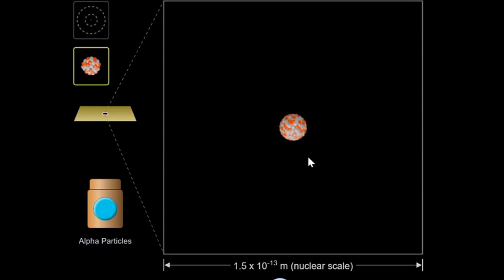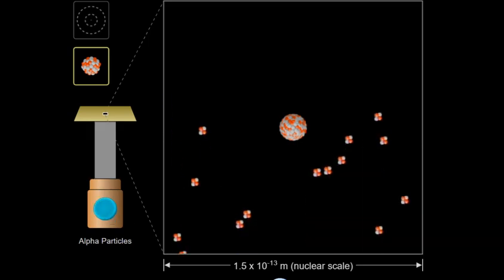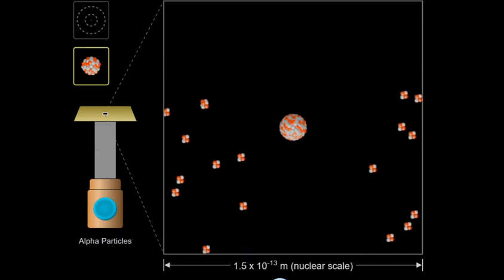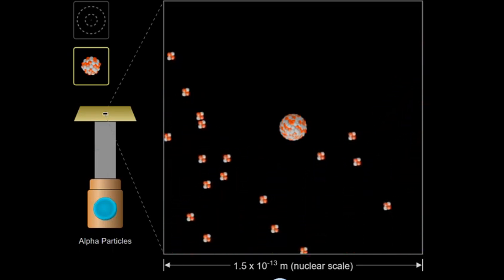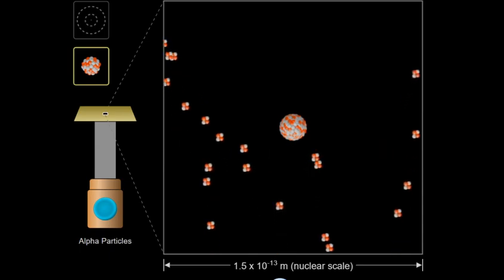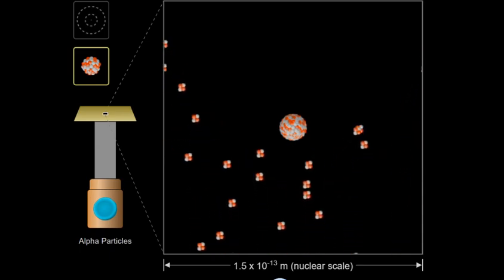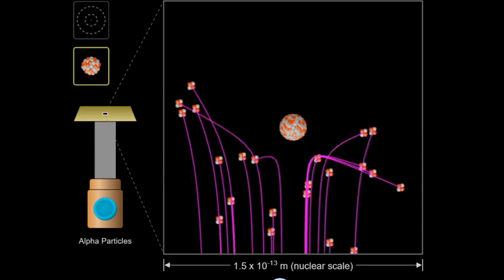So let us consider your Rutherford's model. In this model, you had a gold foil. On this gold foil, we will shoot alpha particles. Now, as we shoot alpha particles, what you can notice is that some of them are being scattered at different angles. Let's just check the traces of these particles.